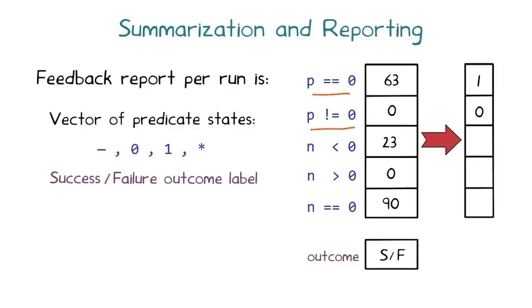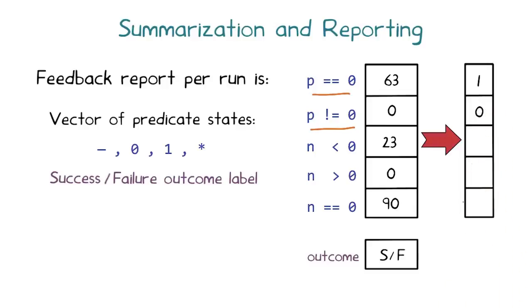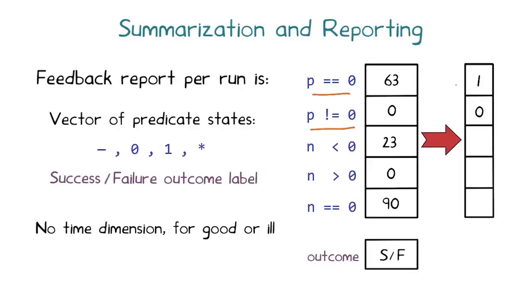Using the same procedure, we will fill in the states of these three predicates in a quiz shortly. Notice that since there are only 4 possible abstract states, only 2 bits suffice for reporting the state of each predicate in the feedback profile, compared to say 32 or 64 bits each for counts. Also, notice that we are abstracting away the time dimension in our report. Like all abstraction schemes, this has its benefits such as reducing complexity and drawbacks such as losing potentially useful debugging